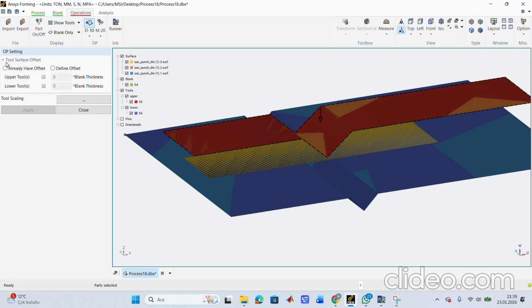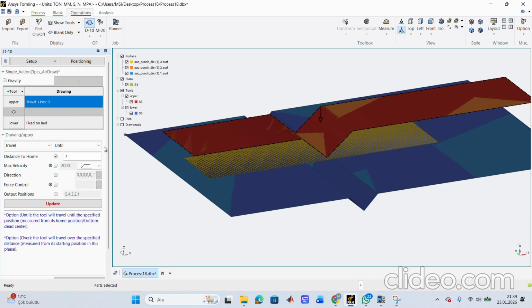And I come here, define offset. We define offset for the upper tool to protect our sheet metal, for more smooth bending. 1.2. Apply. Close. And it will be over. Update.